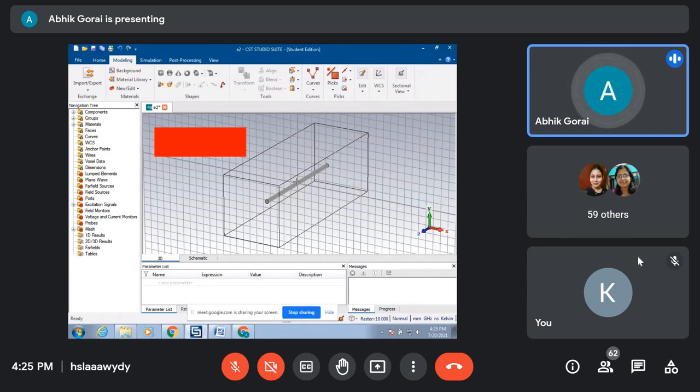Now the thing is that, as I told at the beginning, it is a center fed dipole. So obviously at the center, you have to cut some portion of the wire such that you can connect the port. So for that, what you will do, you will again